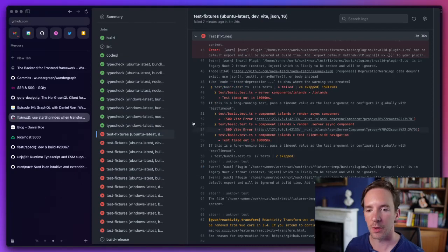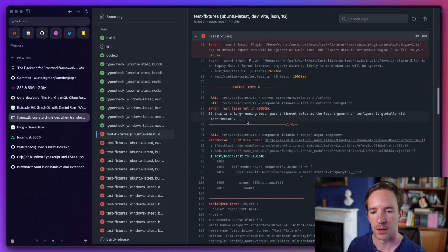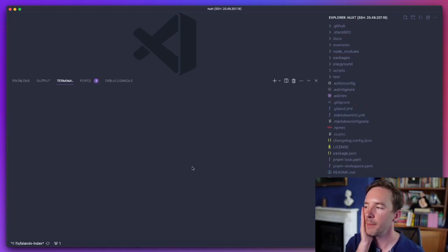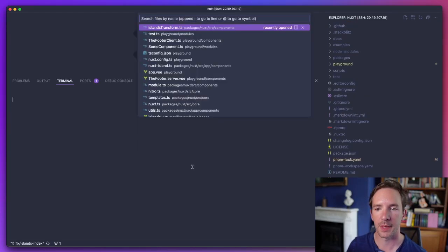I want to find out what's going on with this failing CI. Maybe I have to default it to 0. So maybe that's what I have to do.